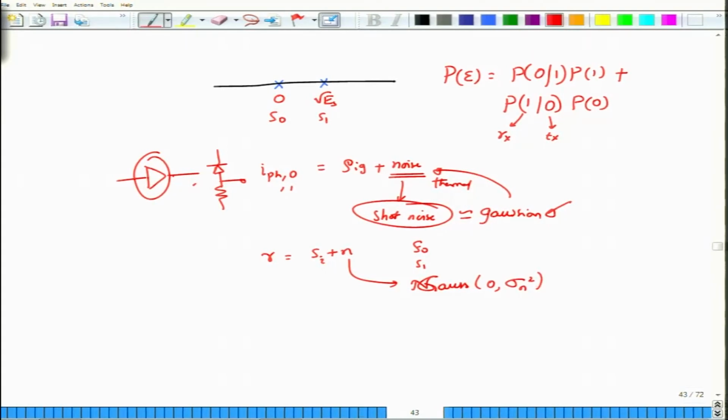Then what I have here, and please note that I am also going to call this distance between the two as d, right. When will I make an error? Suppose your received waveform happens to be this one, right. Clearly you would have transmitted 1, let us say, and then the received signal has fallen at this point. Okay. So this is my received signal.